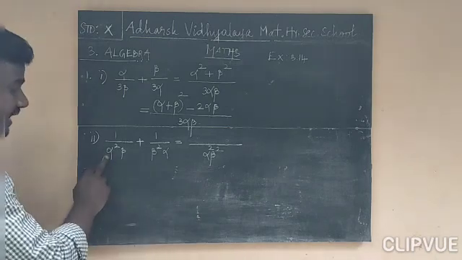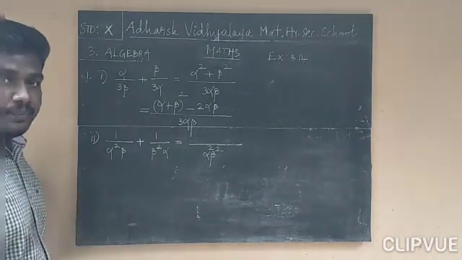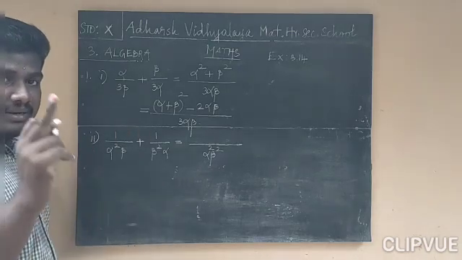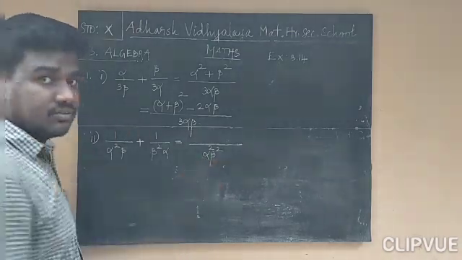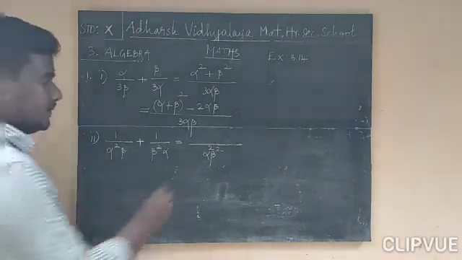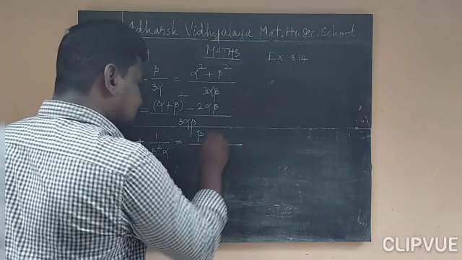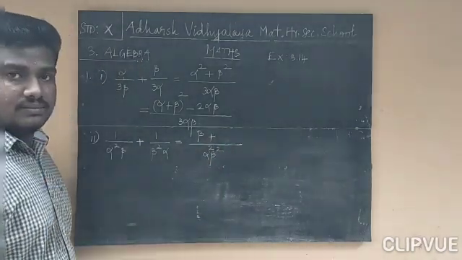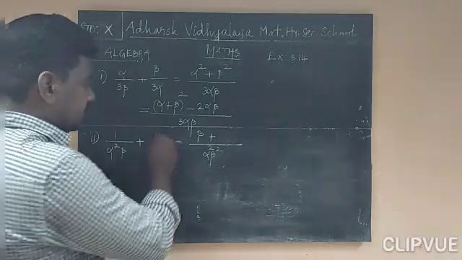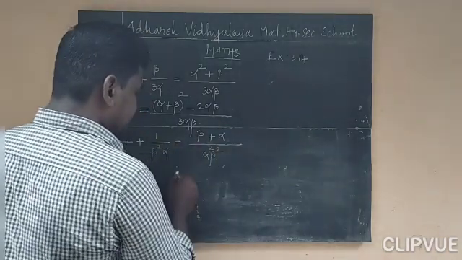Alpha square beta square is the required LCM. Okay, what do we have here? Here alpha square beta we have, but one beta is missing. If you multiply it by beta, it becomes alpha square beta square. Here beta is missing, so the numerator is multiplied by that beta, plus here beta square alpha exists. One alpha is missing, so you multiply it by that alpha.